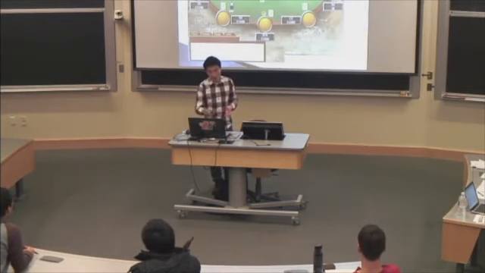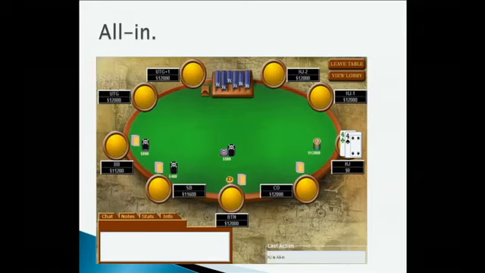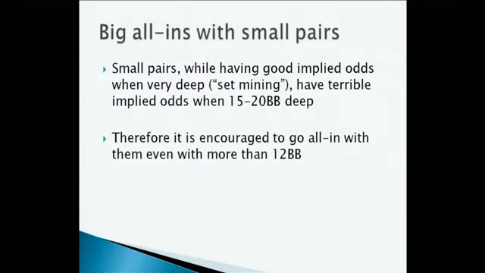Okay, a few more pointers about going all in pre-flop. Here, this is definitely a good play, I think. You have pocket fours from hijack. You have 15 big blinds, which is more than what I said you should go all in with. But going all in is a good play instead of just raising to two times the big blind, because small pairs, while having good implied odds when very deep,